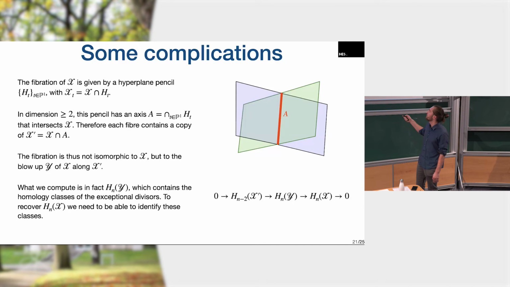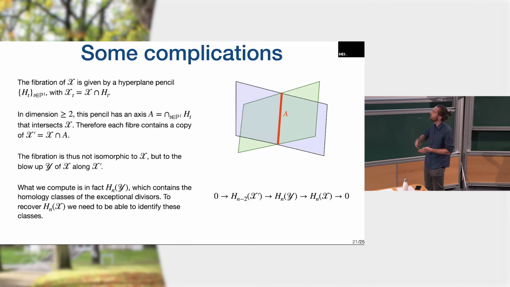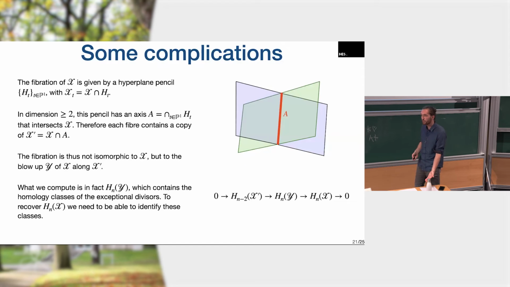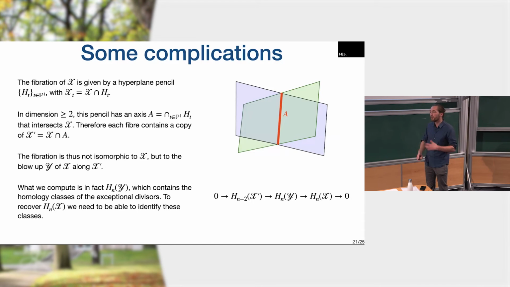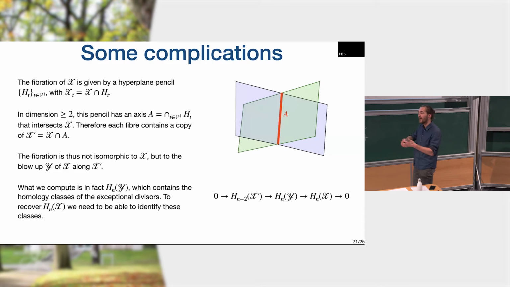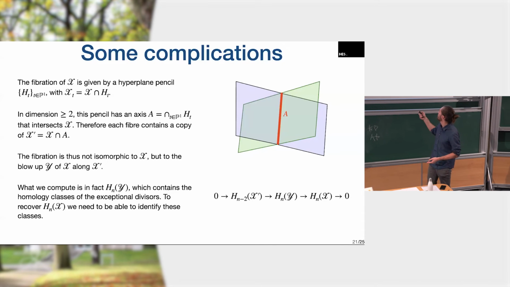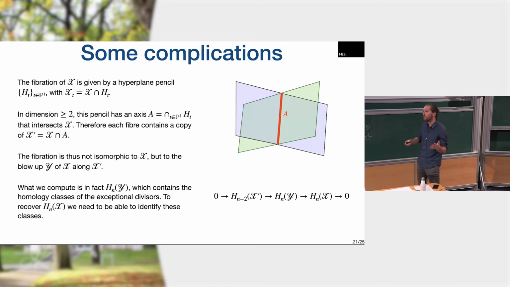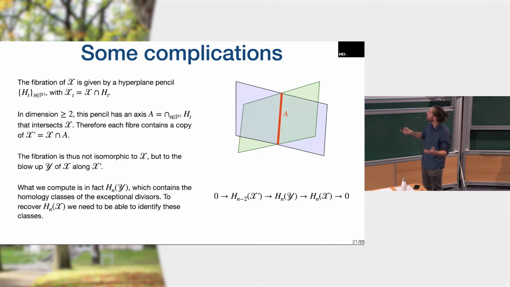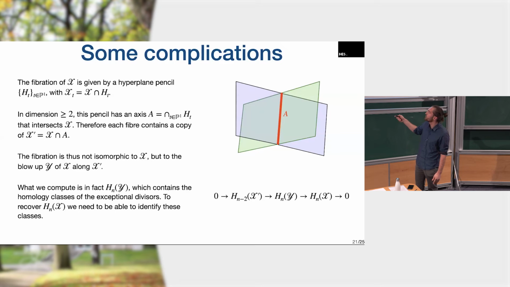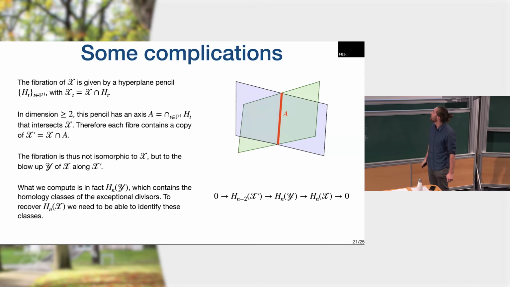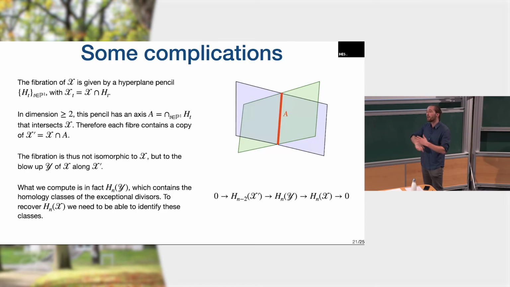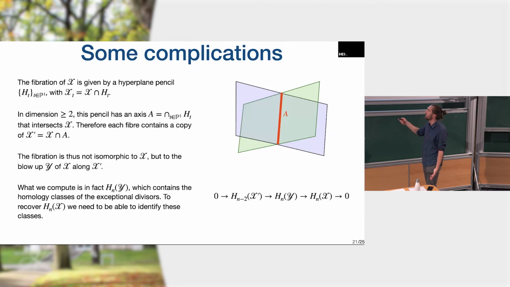The reason is because the way you obtain this fibration is by taking a pencil of hyperplanes, and the fiber is going to be given by the intersection of your initial surface with one of these hyperplanes. In dimensions 1 and less, this is fine because you can make it so that the axis of the pencil, which is the intersection of all these hyperplanes, avoids your initial variety. But in higher dimension, you cannot do this, and thus you will have some non-trivial intersection x prime with the axis of the hyperplane pencil. And so in every fiber, you will have a copy of this exceptional set x prime,